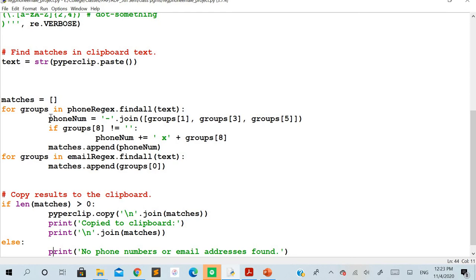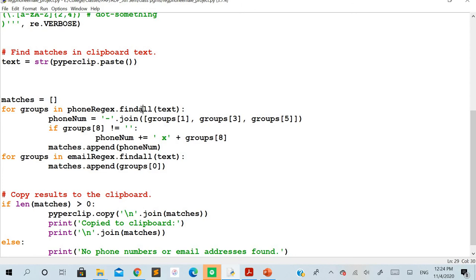Using the for loop, we are going to traverse across the entire string, whatever has been copied, and we are going to use the findall method because we are interested in extracting all the matched values from the entire input document. So we are going to find each value, and that will be extracted.